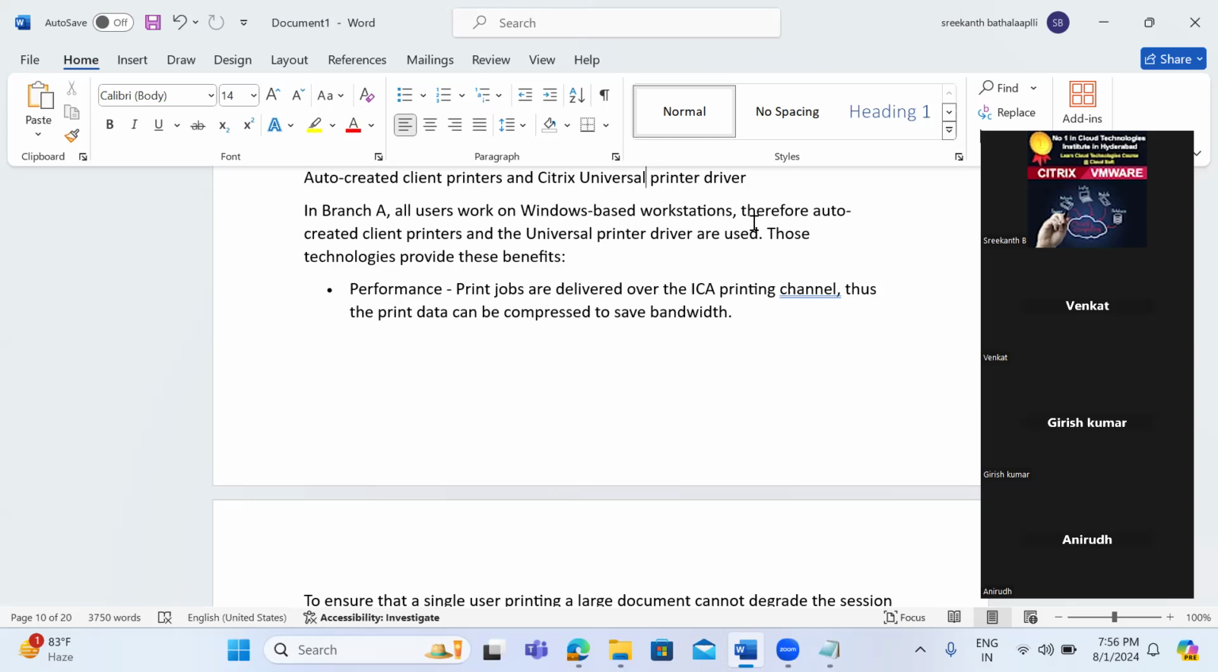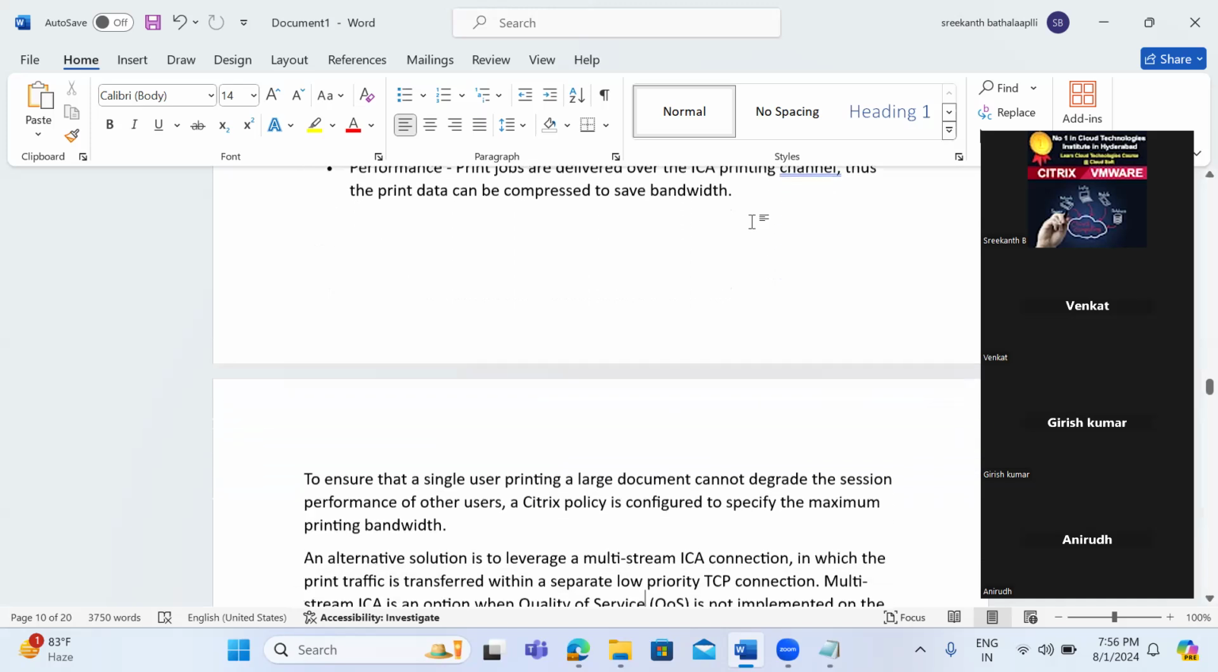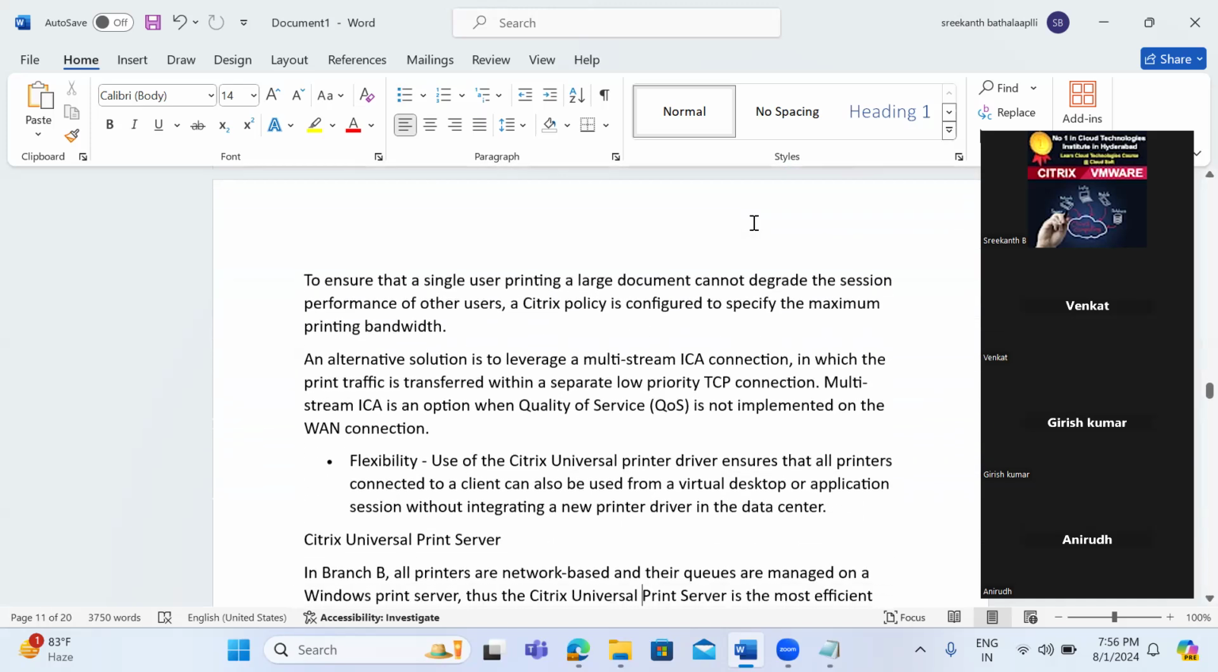Okay, so what is the advantage we are going to get? The performance is going to be very good, and the print can be compressed, so it will save bandwidth. For branch B, we are going to use